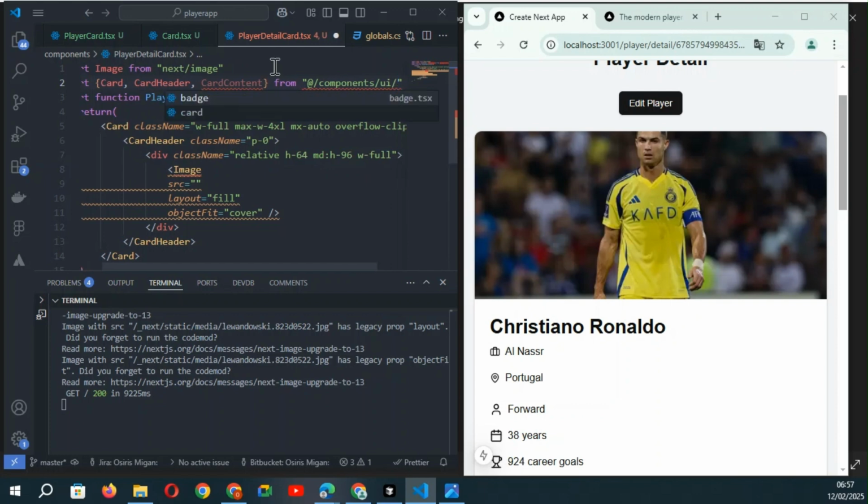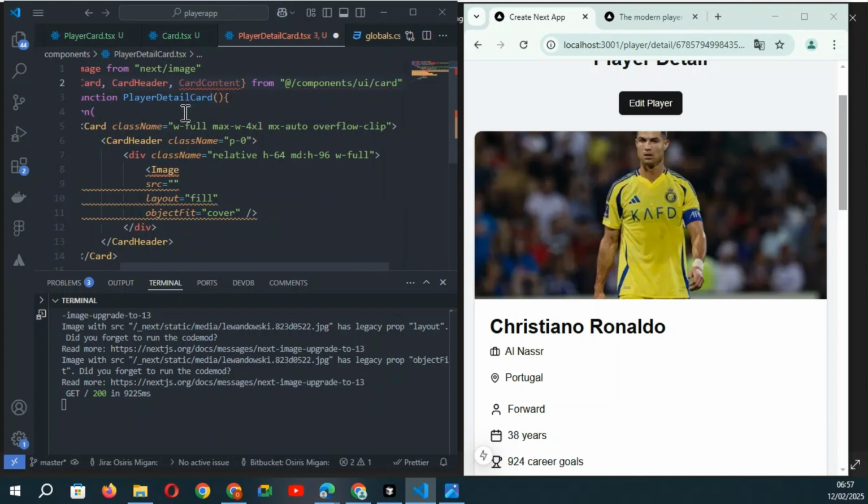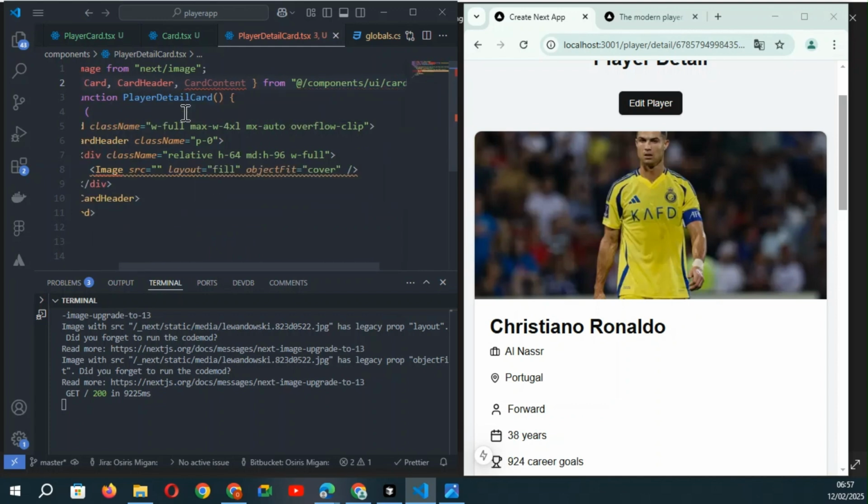And I can select the shadcn component card. Okay. So when I save,